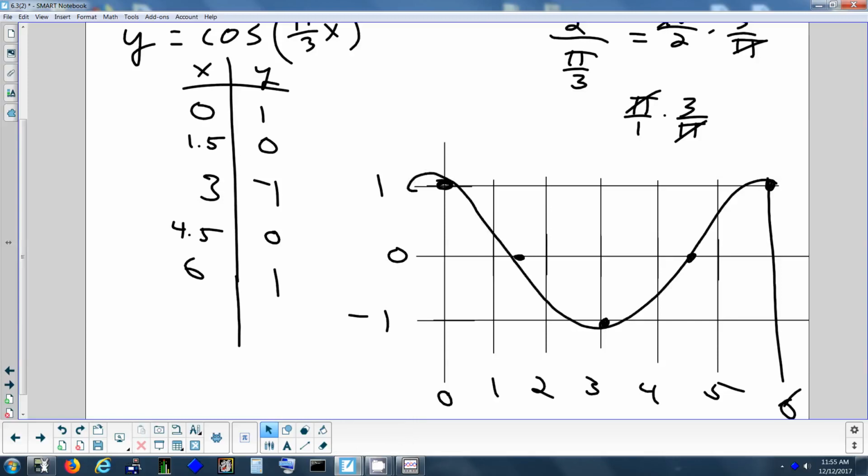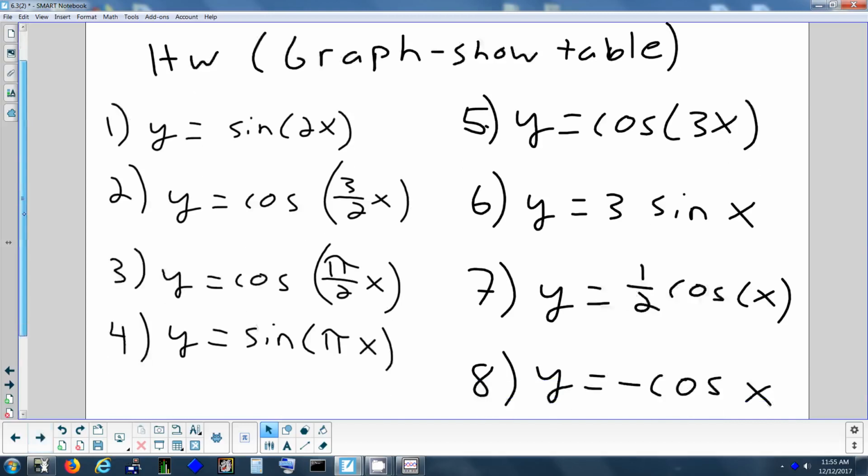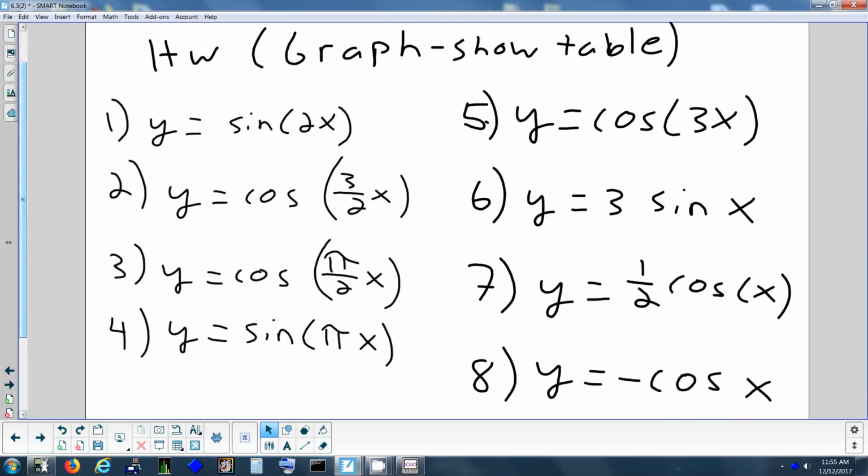All right. The homework tonight will be these 8 questions. Again, I have them on a worksheet, but if you lose it, it's on